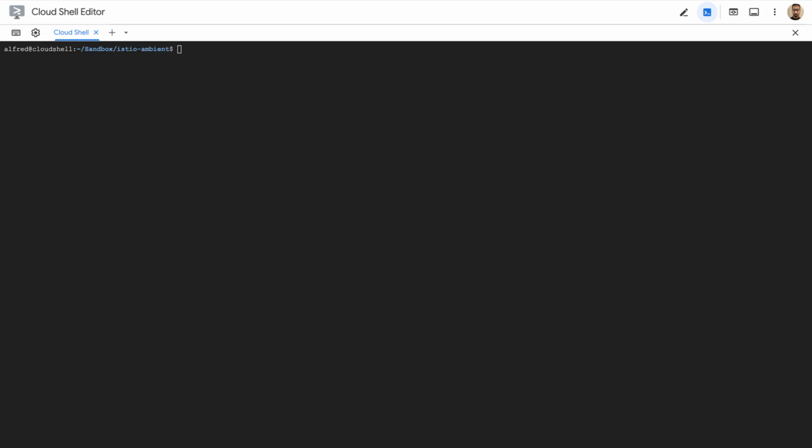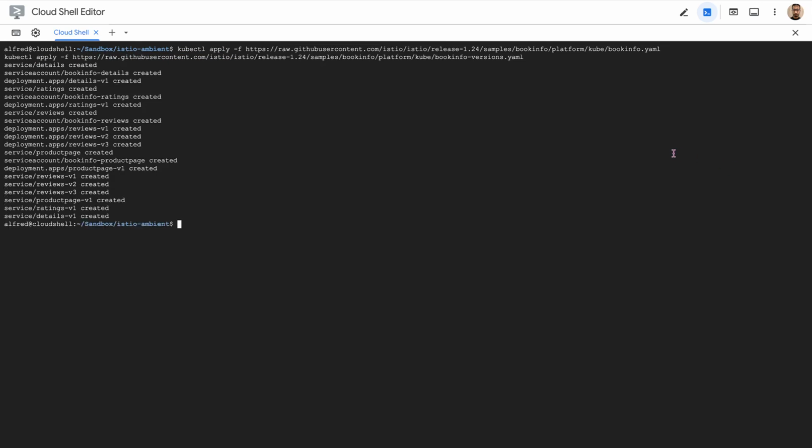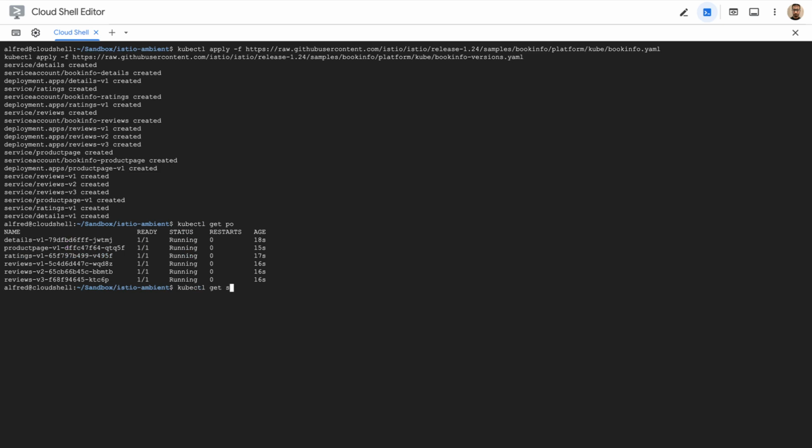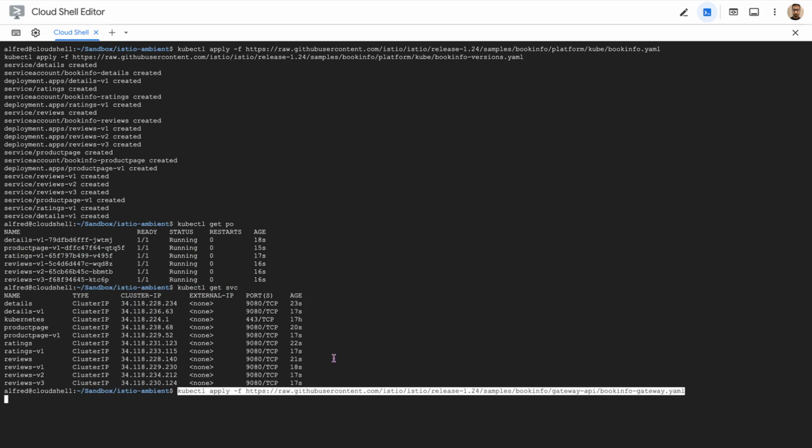What we're going to do now is install the classic sample Istio Bookinfo application, and we're going to see what it's like to use it with the Ambient Mesh. So this deployment at the moment is being deployed meshless, because I haven't labeled any namespace yet. We can see that it's deployed in the default namespace, and currently these workloads are not part of the mesh. So let's go ahead and install